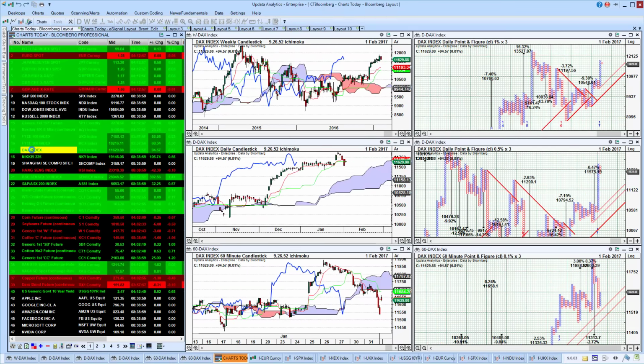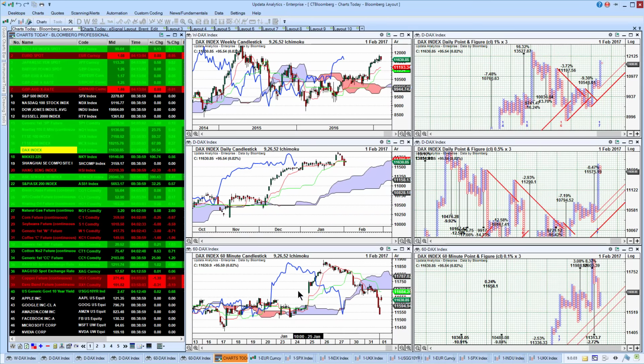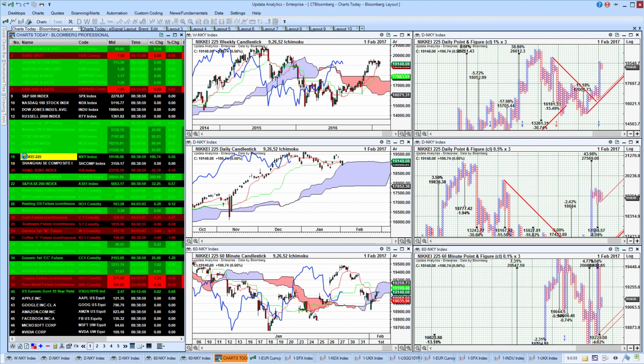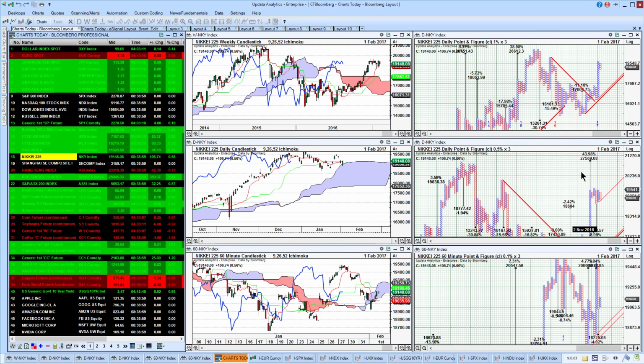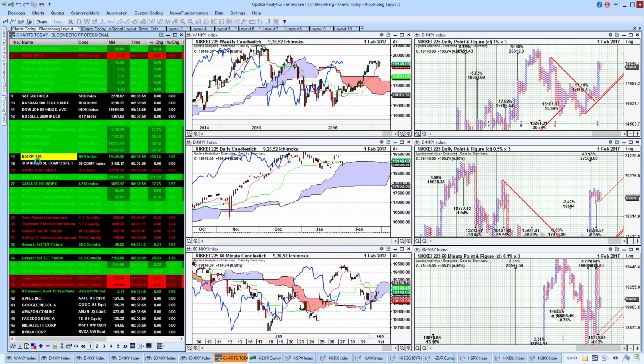And the DAX, again, just a bit of a sell-off here, but a bounce this morning. Still just hanging in there on the short term, but the medium and long term chart still bullish. The Nikkei was up 0.5% overnight, maintaining the bullishness on all three charts here. We do have this big upside target activated.